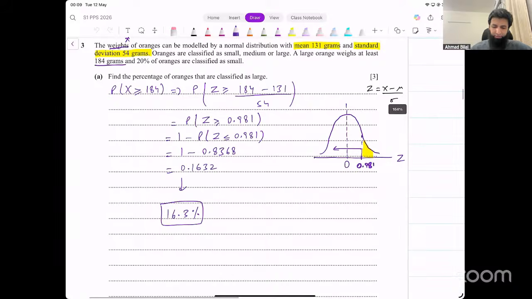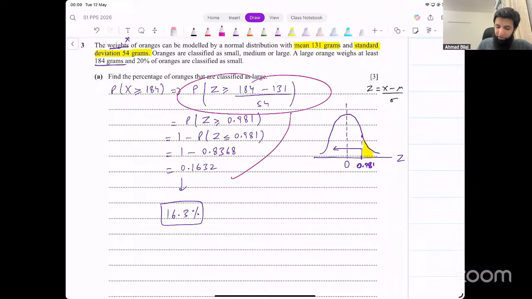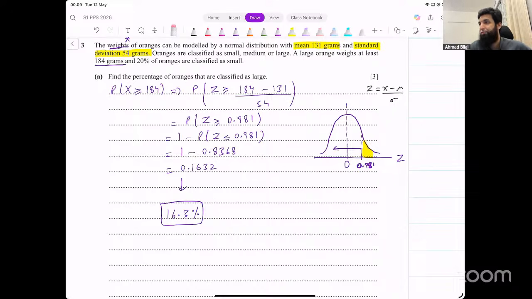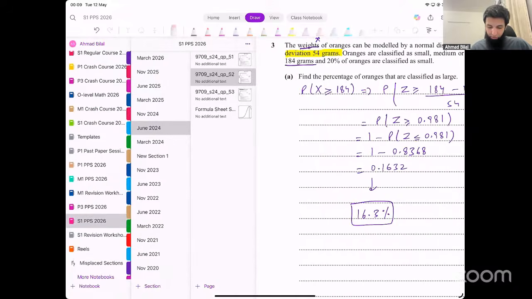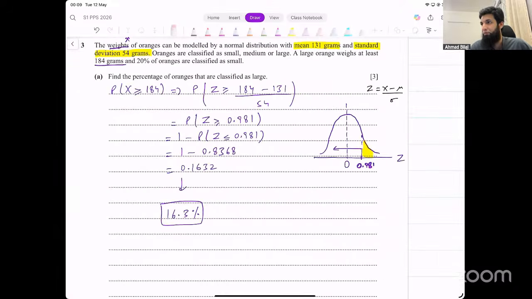What's the problem with this? उसने कहा large orange weighs at least 184 grams. So you say probability of x greater than or equal to 184, ये फाइंड कर लें। Convert it to z, find the probability, write that as a percentage। इसमें क्या मसला है? Are you sure you're asking about this question? This is June 24 paper 5-2, June 24 paper 5-2। काफी आसान था।